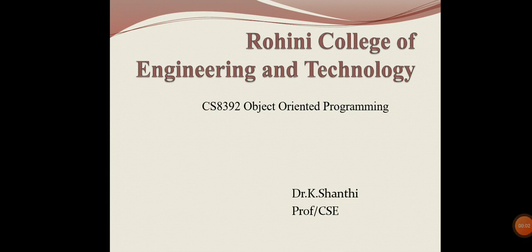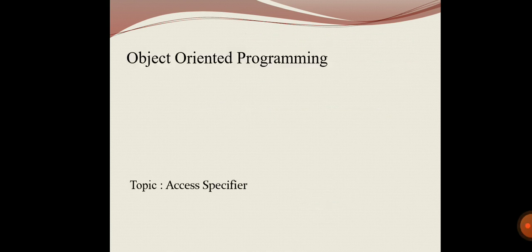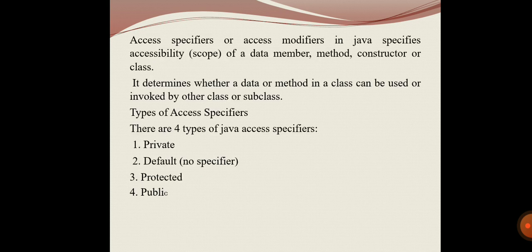In this video, we are going to learn about the access specifier. Access specifier or modifier in Java specifies the accessibility of a data member, method or constructor. It determines whether a data or a method in a class can be used or invoked by another class or subclass. And here we have four different types of access specifier: private, default, protected, as well as